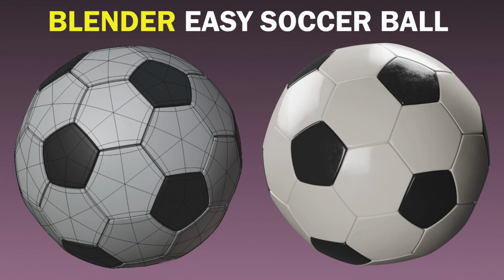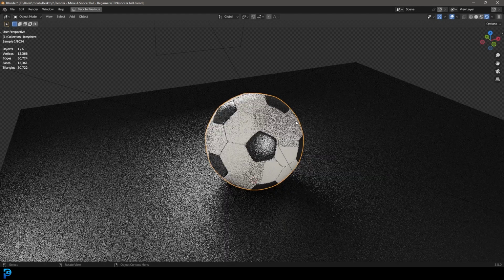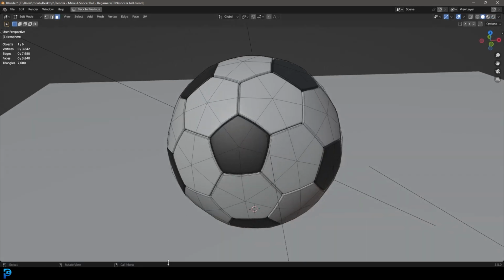Welcome back to the channel, and in today's tutorial I'm going to show you guys how to make a soccer ball in Blender. And you can see here it is. I'm going to be showing you step by step how to do this,